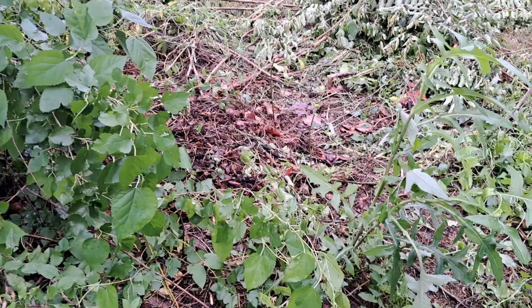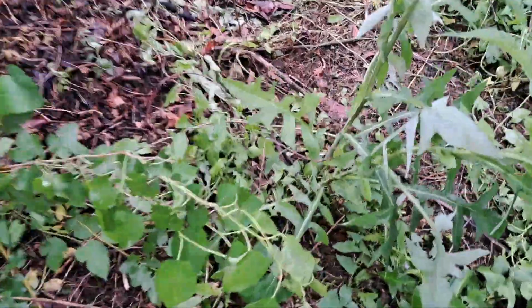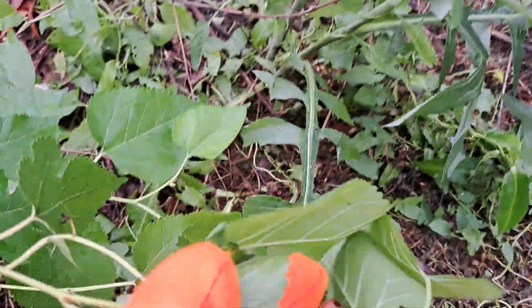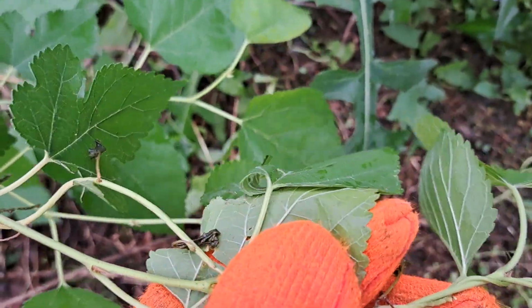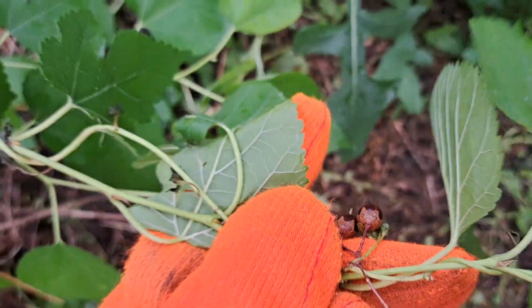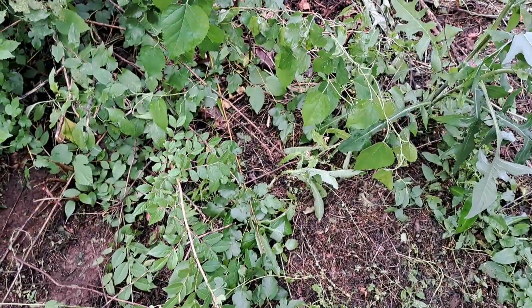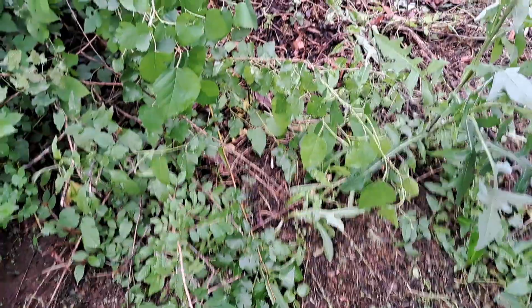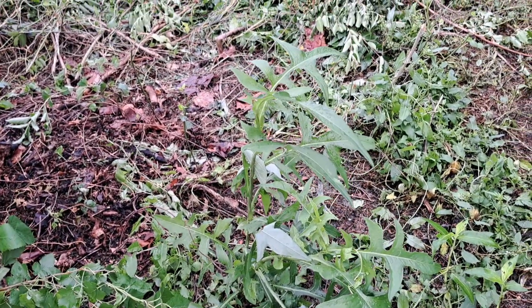This one down here, that's a different plant. You can see, let's see, where are they? There. You can see the berries. This is not a mulberry that this is climbing on. But there are a couple of things that it's not climbing on. It's not climbing on the mulberry. It's not climbing on the...